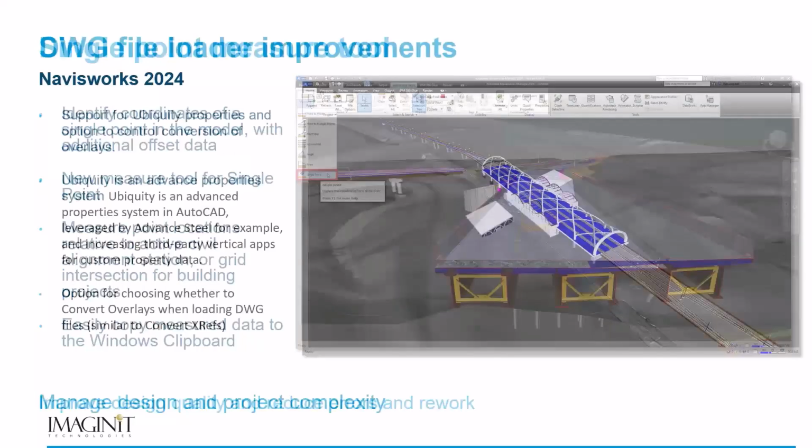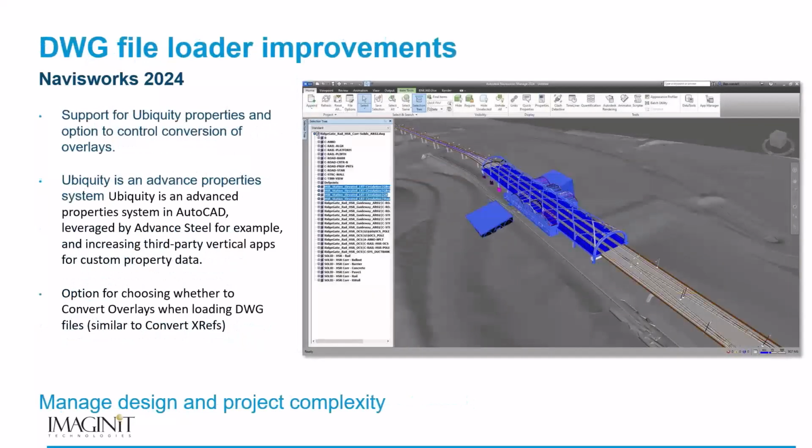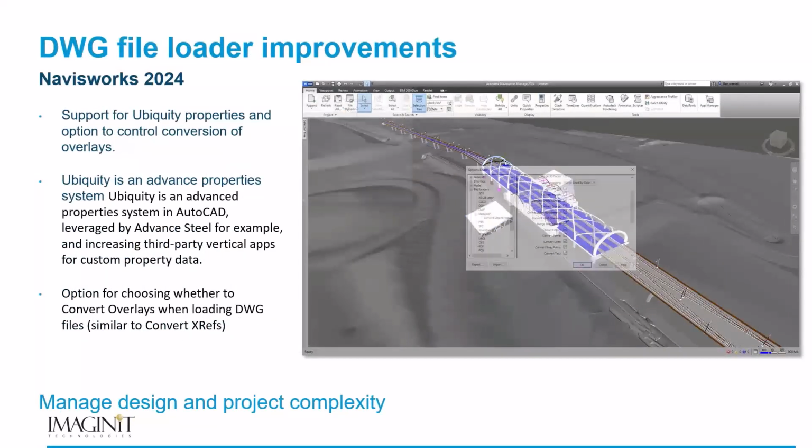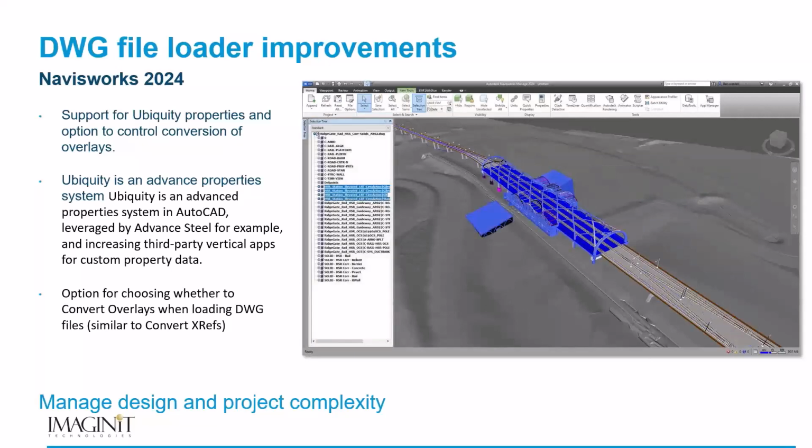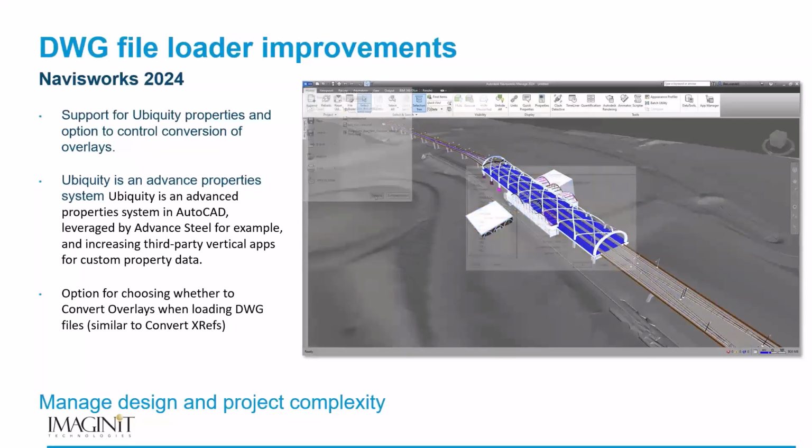Now, with Navisworks, you are going to be able to do a little bit more. With the latest improvements, you're going to be able to bring in properties and control what you're seeing through not only XREF, but other platforms. So that's really what Navisworks allows me to do. So if you are working with, for example, architects or